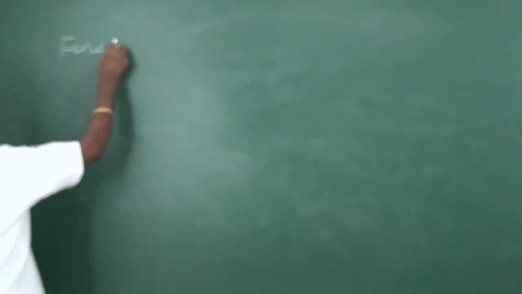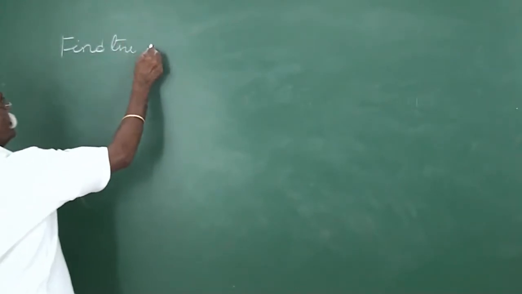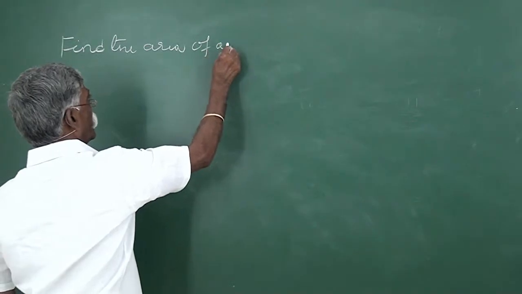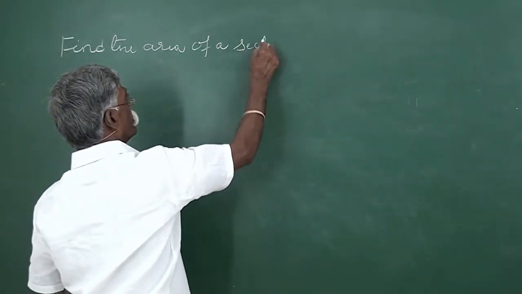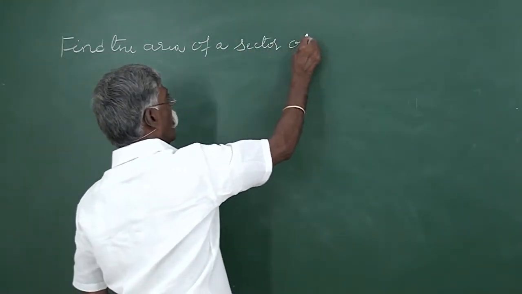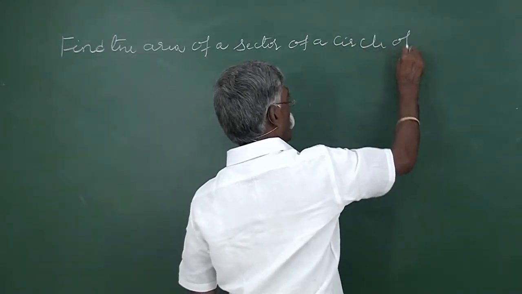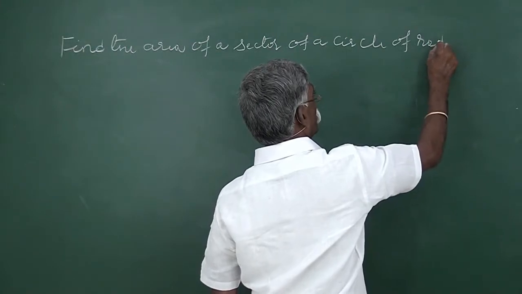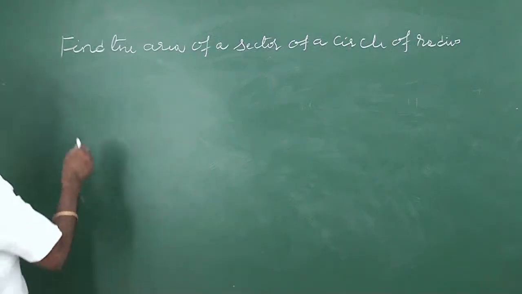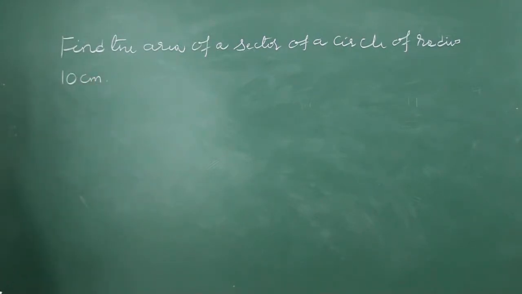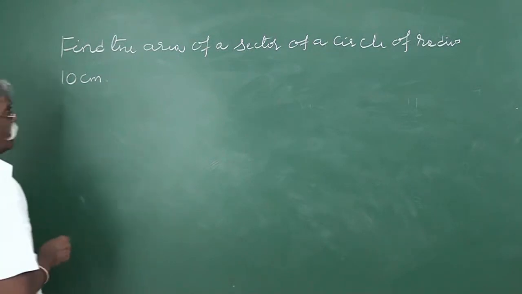Find the area of a sector of a circle of radius 10 centimeters. Find the area of a sector of a circle of radius 10 centimeters